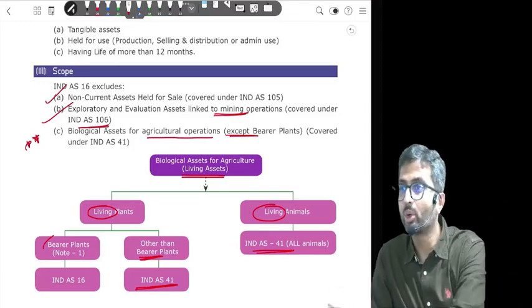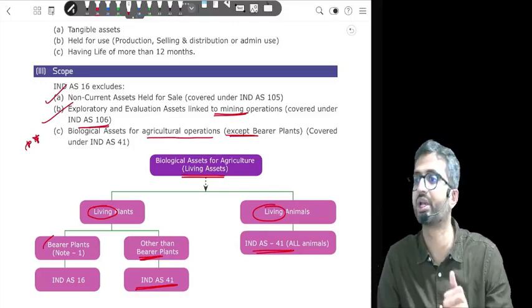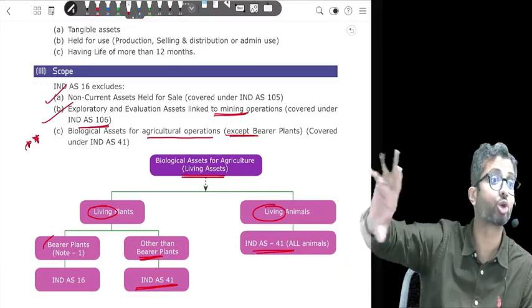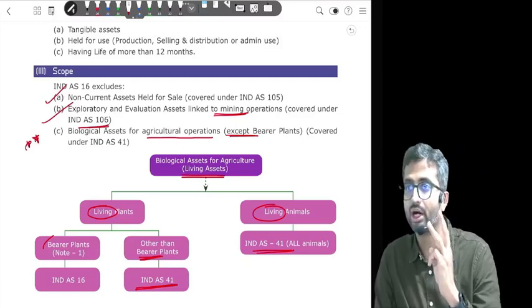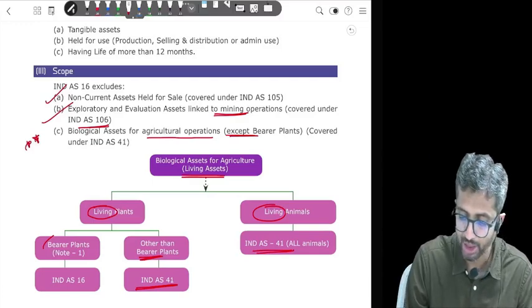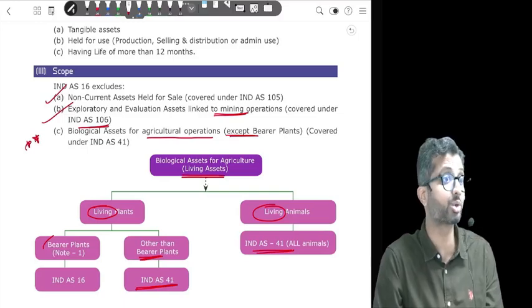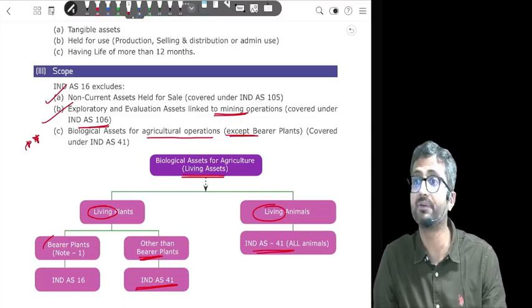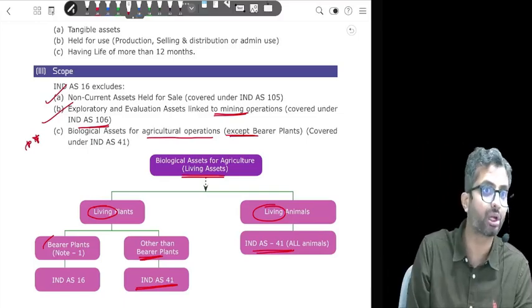So subsequent expenditure guidance is different. Initial cost you will not capitalize. Subsequent expenditure is a separate guidance, but it is not to be capitalized along with the initial cost. Yes, okay. Third is, let us say, cost of staff training or operating in a new environment or set of new customers. So when I look at staff training, earlier this was a very contentious point, that if I am incurring staff training, I should capitalize it along with the cost of the asset.